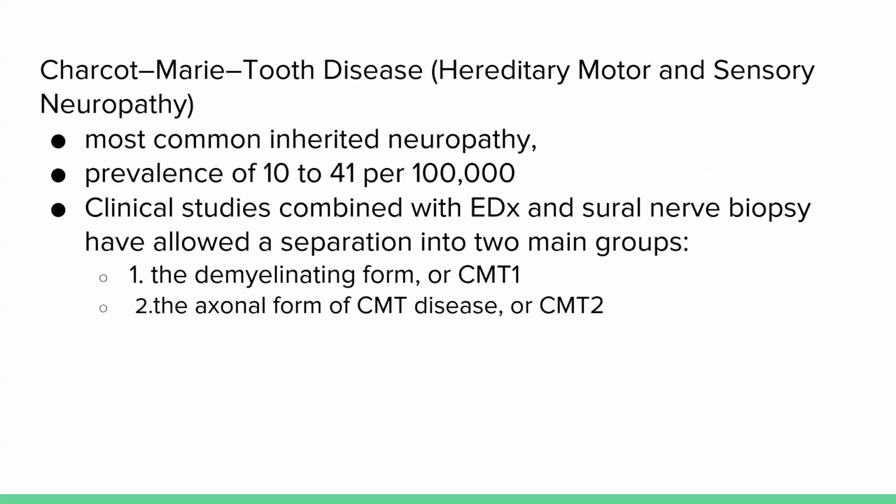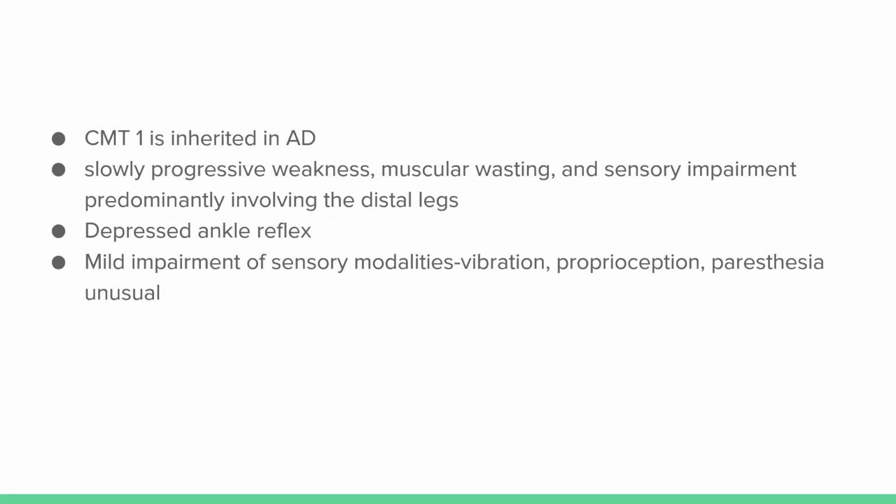The most common is CMT, the Charcot-Marie-Tooth disease, up to 40 per 100,000, which is common. And there are two types based on the electrodiagnostic findings, the demyelinating form and the axonal form. Patients usually have weakness and muscle wasting, especially on the leg. The peroneus longus and the tibialis anterior will be involved. Sensory involvement might be there, especially if we elicit it with a careful physical examination. Deep tendon reflex is